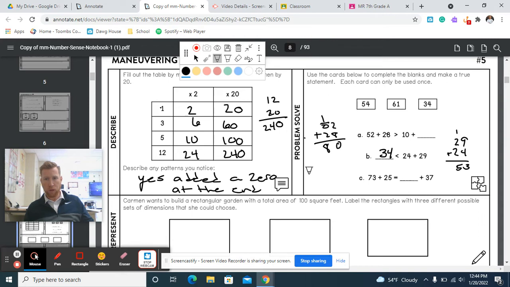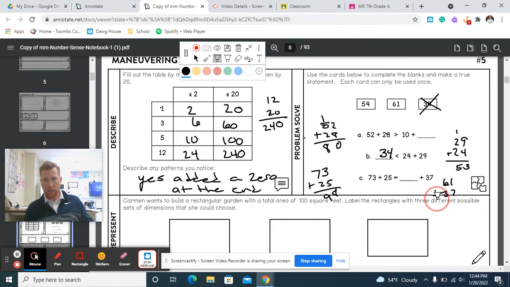Now let's do this one right quick. 73 plus 25. When I do that, I get 8, 9, 98. And then some number plus 37 would get, and it needs to be equal to that. So let's try my two options that I have available, 61 and 54. So I'm just going to randomly pick the 61,